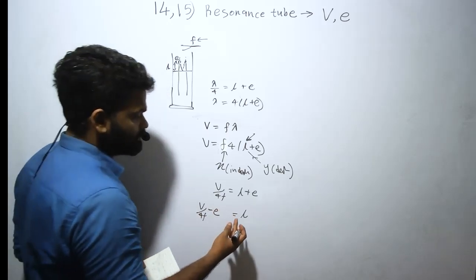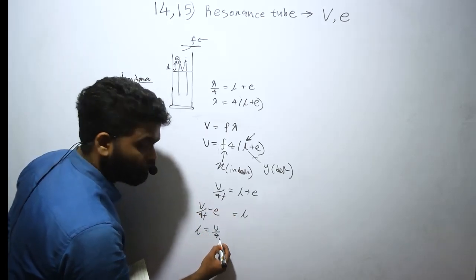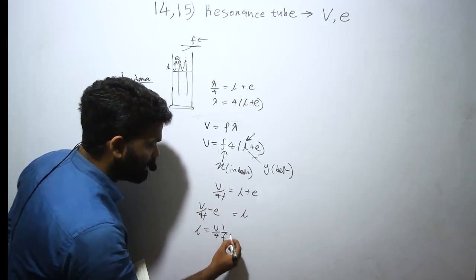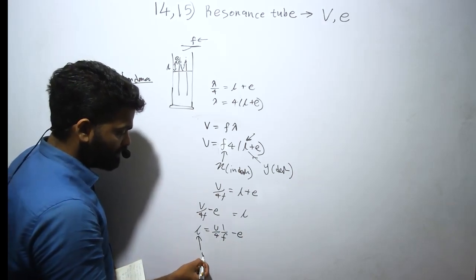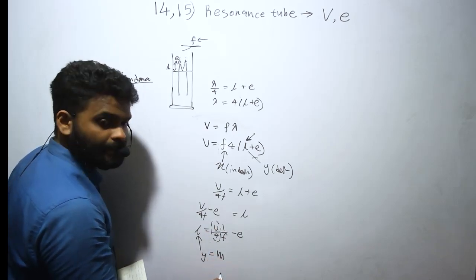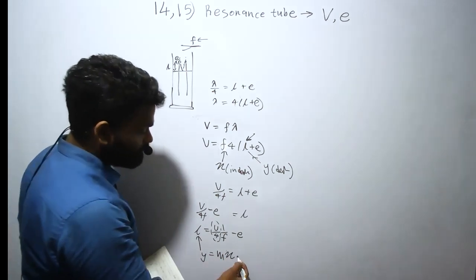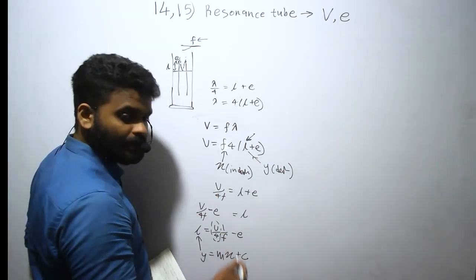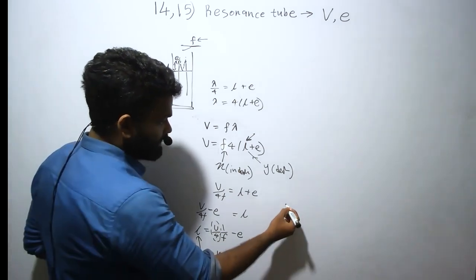So L is equal to (v over 4) times (1 over f) minus e. So this L is y, v over 4 is the gradient, m, and 1 over f is x. Then by the intercept you can find the end correction. So that is it, right? So the gradient